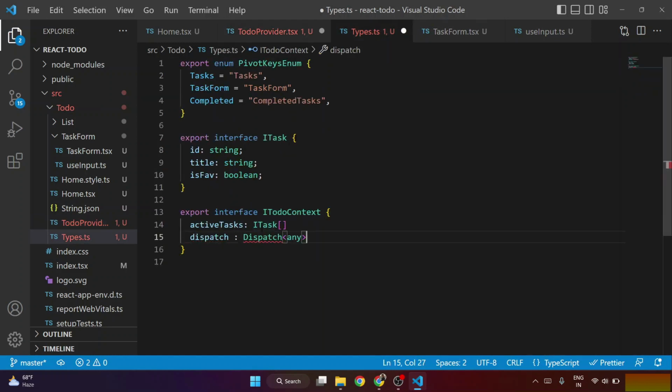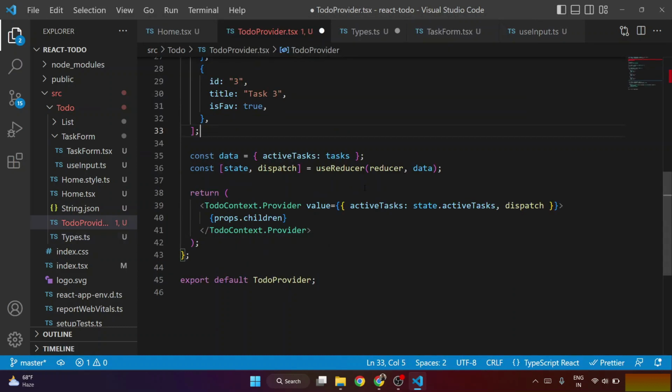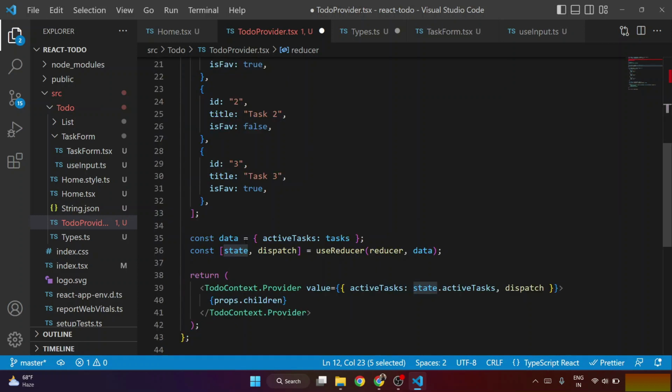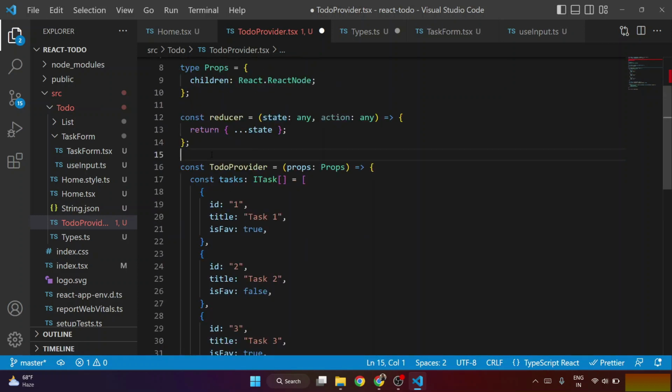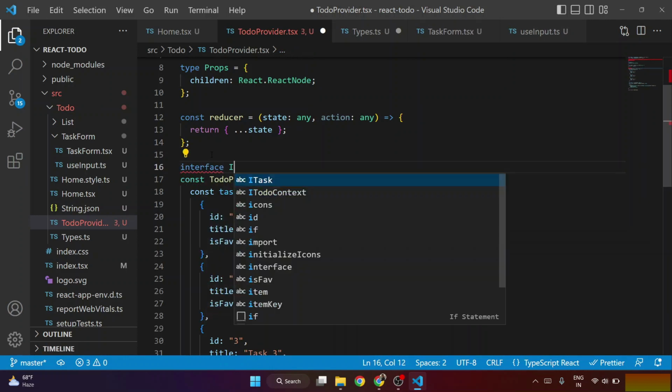So let's paste it here, import the dispatch from react. After some time we will replace this any, that we are pending. In reducer, first parameter is state. We can create one more interface for it. Let's create interface IReducer